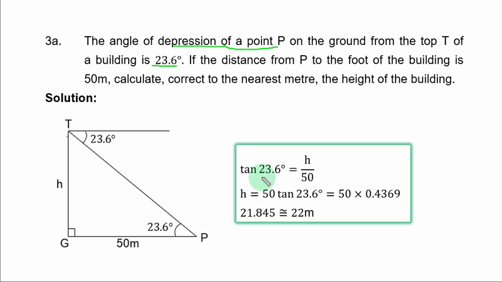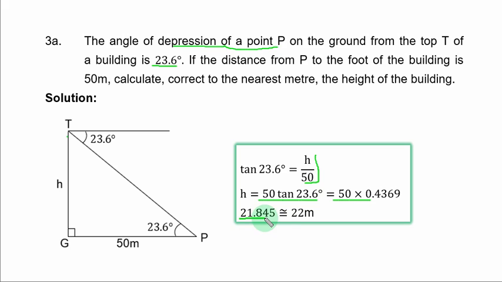Tan 23.6 degrees is equal to opposite height over adjacent 50. To get height, you simply cross multiply and you have height equal to 50 times tan 23.6 degrees, and you have 50 times 0.4369. If you multiply, you have